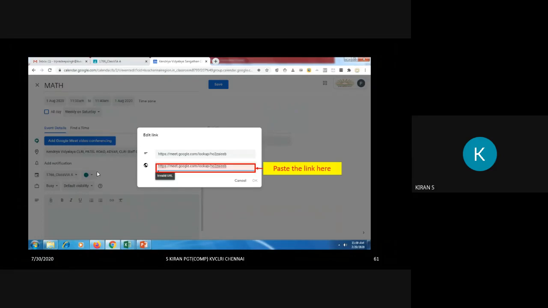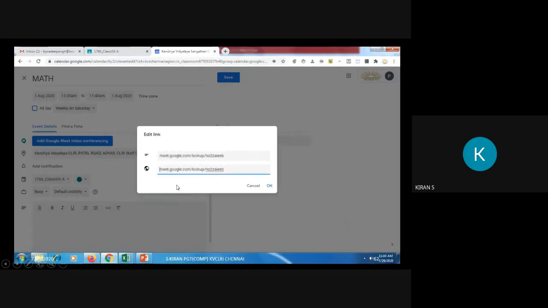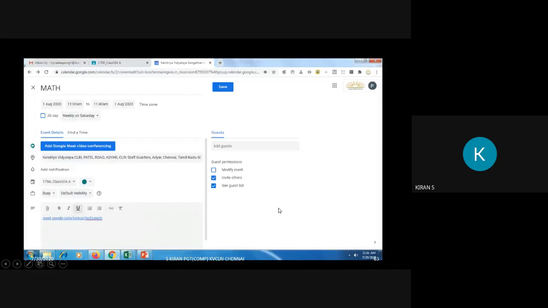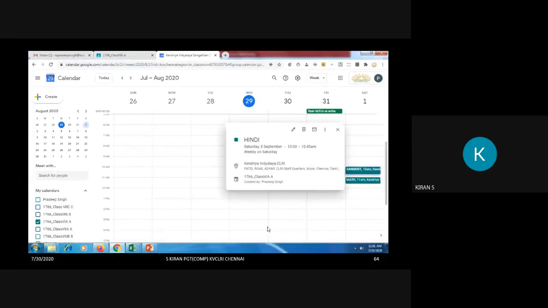Now once you paste, the background will appear in red because it says that it is an invalid URL. Just remove this https:// part, then it will accept and OK will be highlighted. Click on OK. So now the Meet link will be pasted over there. Click on Save button. Let's go back to calendar.